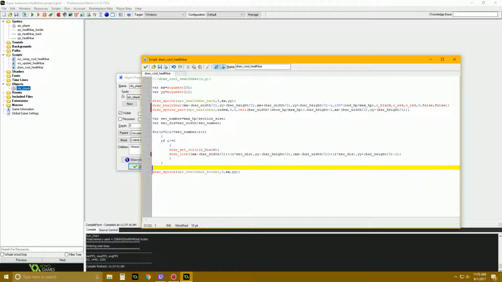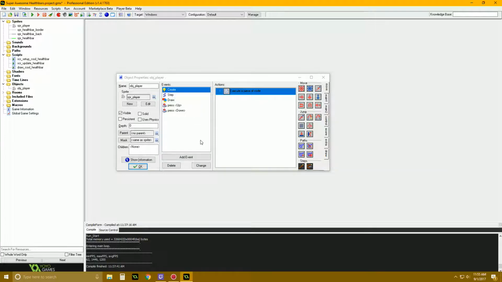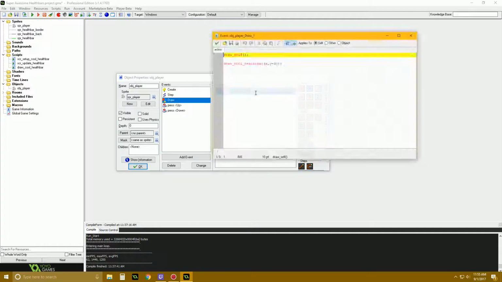And now, last but not least, we'll have draw sprite, and this we're going to draw our health bar border. It'll just be spr_health_bar_border, because that's what we named it. Subimage is 0, and then where it is, xx and yy, which is what we put in. Woo! Okay, so now that we've got that script figured out,